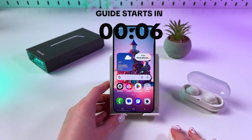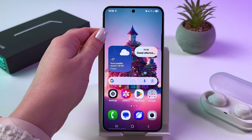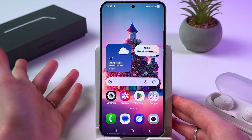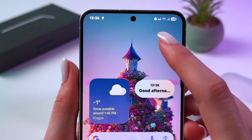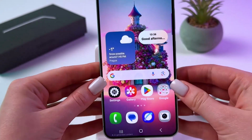Hi, if you want to turn off sleep mode on Samsung Galaxy S25, let me show you how. But firstly, let me show you how sleep mode looks enabled. If you turned it on, then you should see this bat icon in the status bar, which indicates that sleep